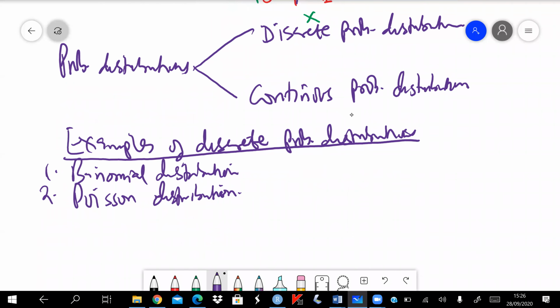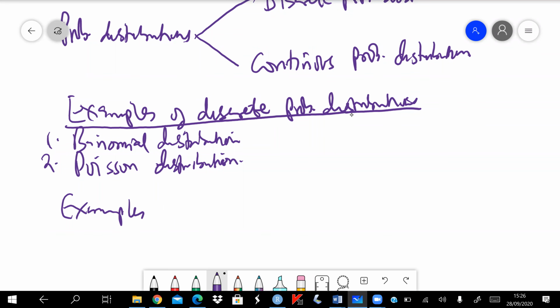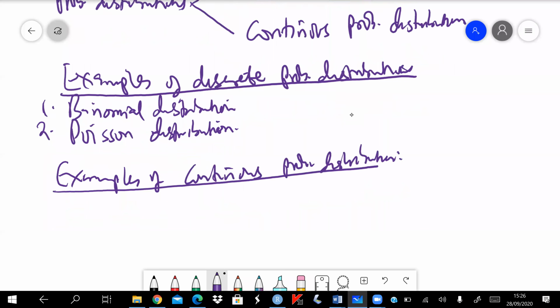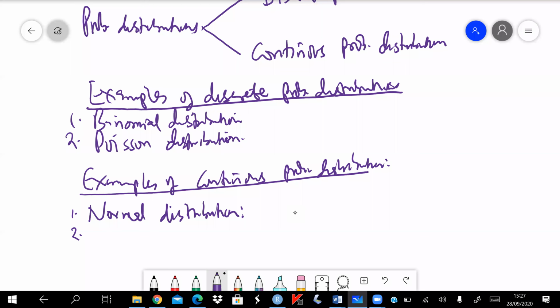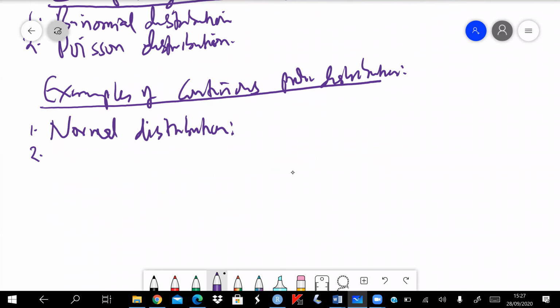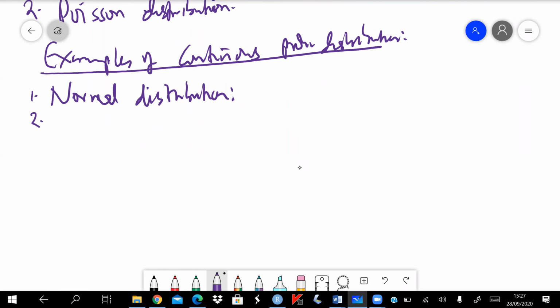Okay. Now, examples of continuous probability distributions. In this class, we shall only be discussing one, which is the most important continuous probability distribution. This is known as the normal distribution. There are of course others like the exponential distribution, the gamma distribution, beta distribution, and Weibull distribution, but we are not going to discuss any of the others. So our focus in this class will be those three probability distributions, two of which are discrete and one which is continuous. So let's start with the binomial distribution. Unless there's a question,